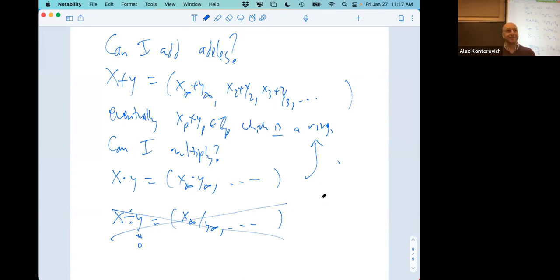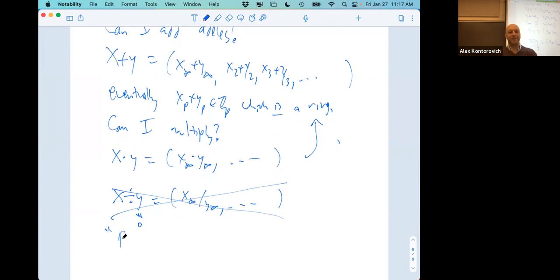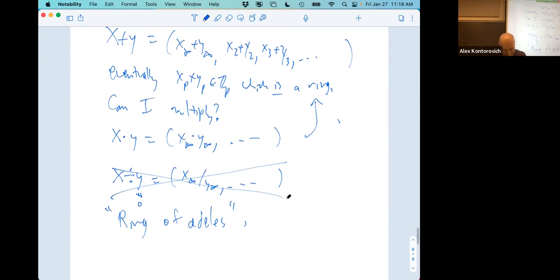I thought you said it was perfect for everything. You'll see, actually, we do not want it to have more structure than this. So now I can use the language of rings. From now on, it's been upgraded: it's the ring of Adeles, and not just the Adeles. Does that make sense? All right. What else do I want to say about this? I'm going to talk about the action.